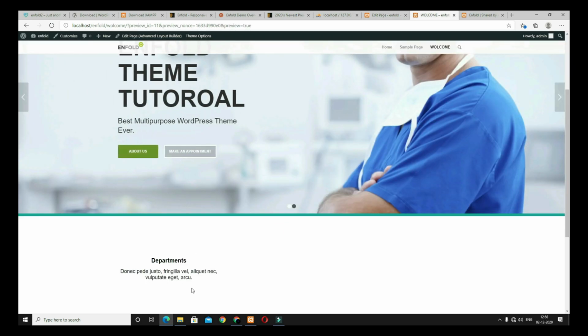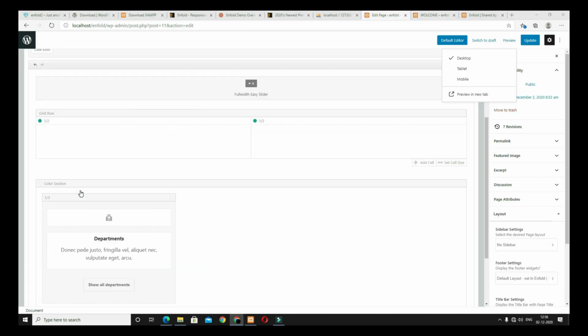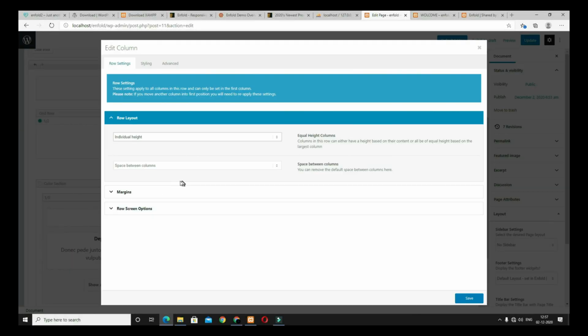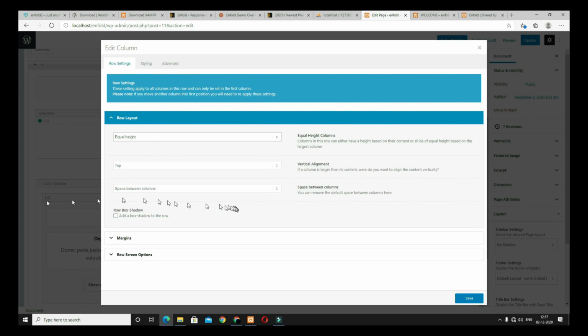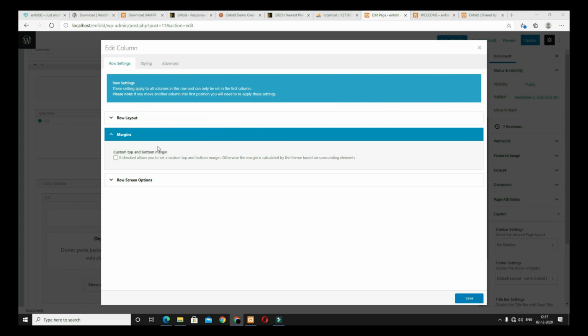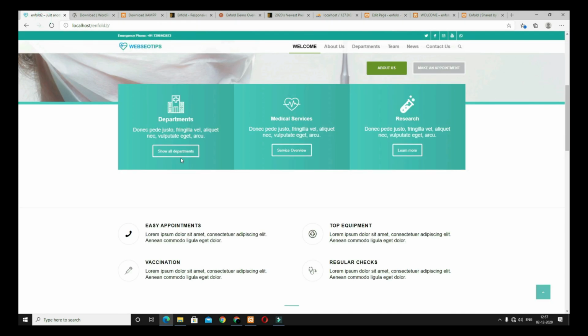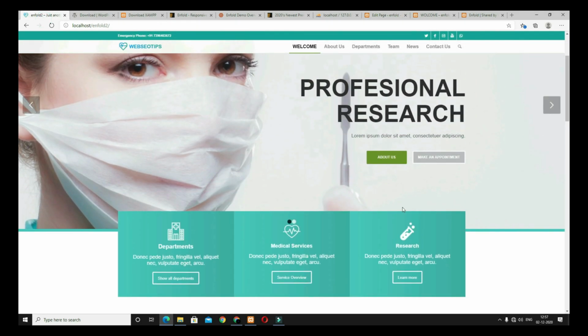It's coming like that. So now I have to add the background color. Now click on this edit option. Here you can see the edit cell option is coming. Click on this, make it equal height, keep it top. The margin, check this, uncheck it and make it minus 200, because here you can see there is some top padding there, so it comes in between the slider a little bit.